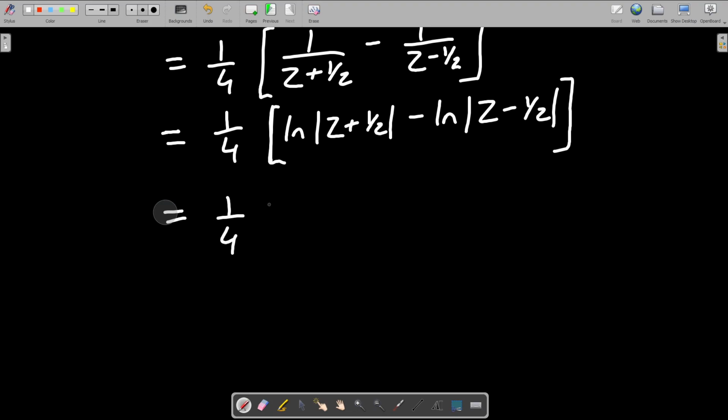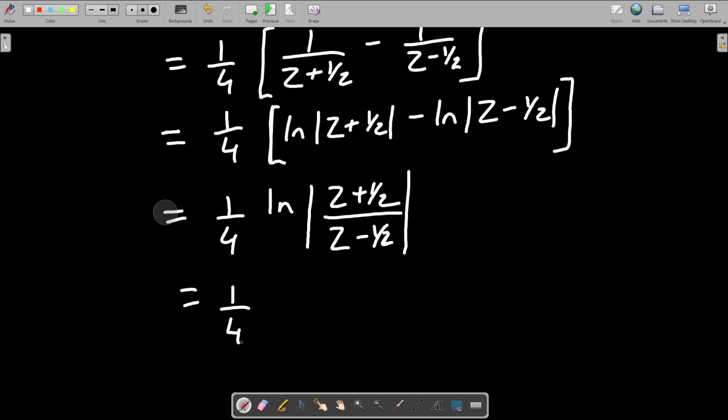This is going to be 1 by 4 ln of modulus of z plus half upon z minus half. This can be simplified further. What we will do next? Multiply numerator and denominator by 2. So this will leave you with 1 by 4 times ln of